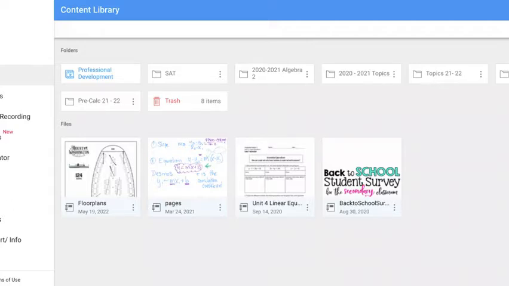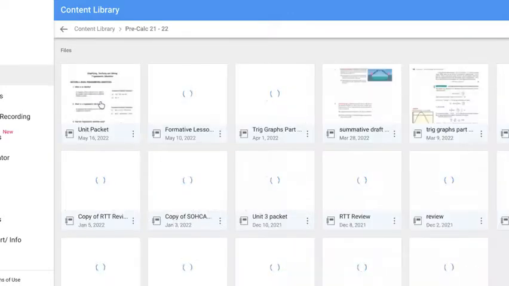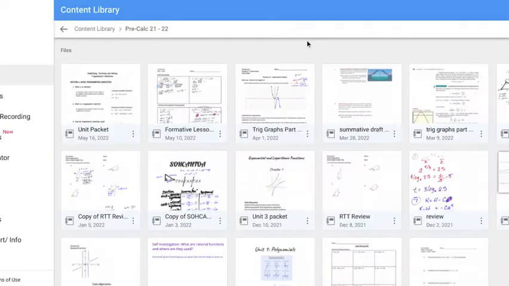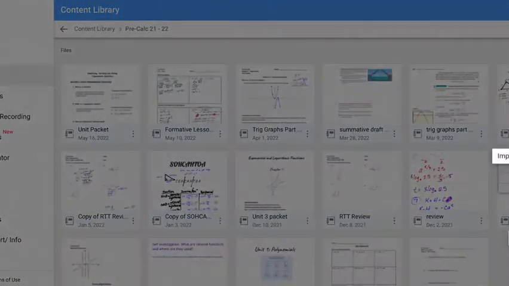So going into one of my folders, let's go into Pre-Calc. These are all the files that I've already uploaded and used so far in this class. So we are going to be starting a new unit. I'm going to click on the bottom right-hand side where the plus sign is. I'm going to import content